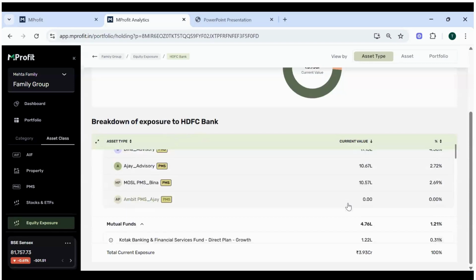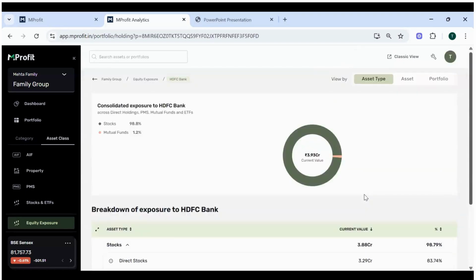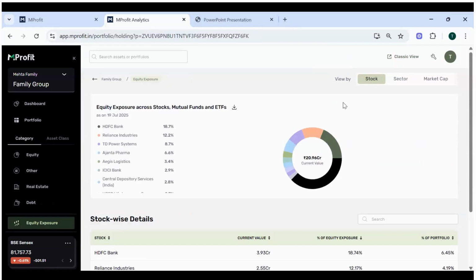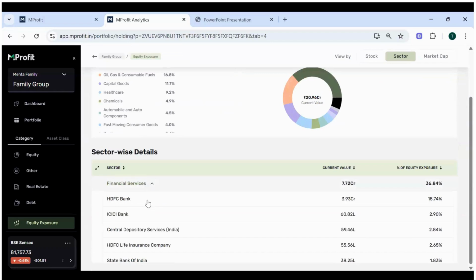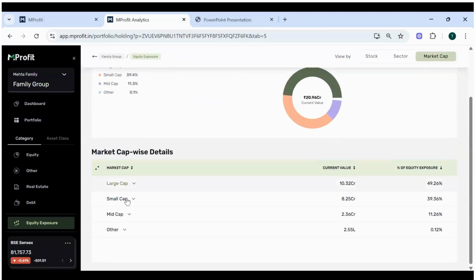Now, this option was available just on a stock level, but we have also added this on a sector-wise as well as market cap-wise level. So if I go one step back, you will see view by sector, view by stock. Now there are two more options added, view by sector, where you can see every sector exposure as well. You can drill down every individual sector to see which stocks you have. And again, if you click on the HDFC Bank, it will show the similar view. Similarly, now there is a view by market cap as well. So you will see large cap, small cap, mid cap, other market cap-wise exposure. You can again drill down every single